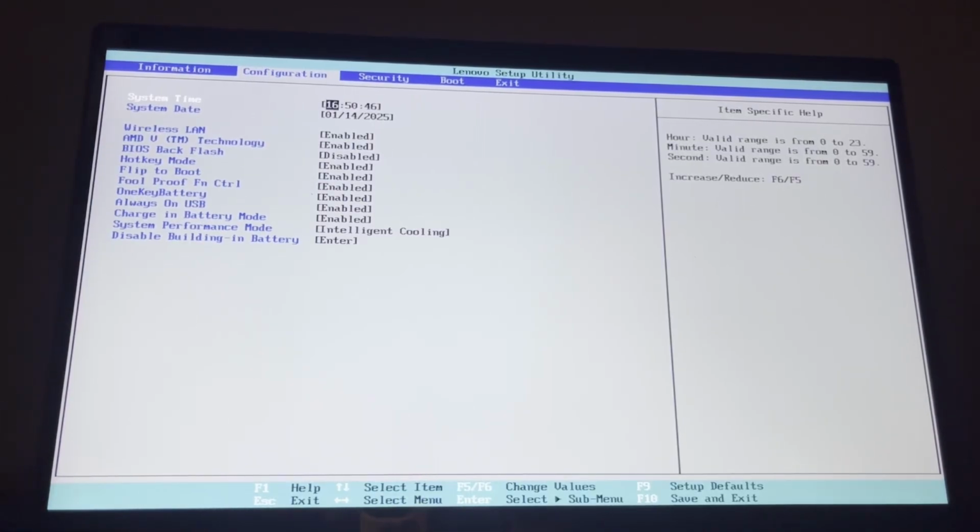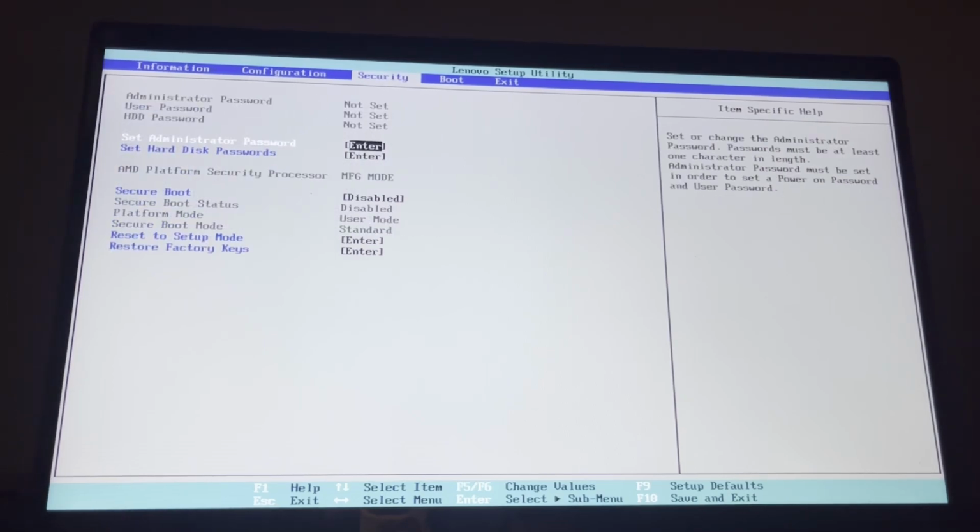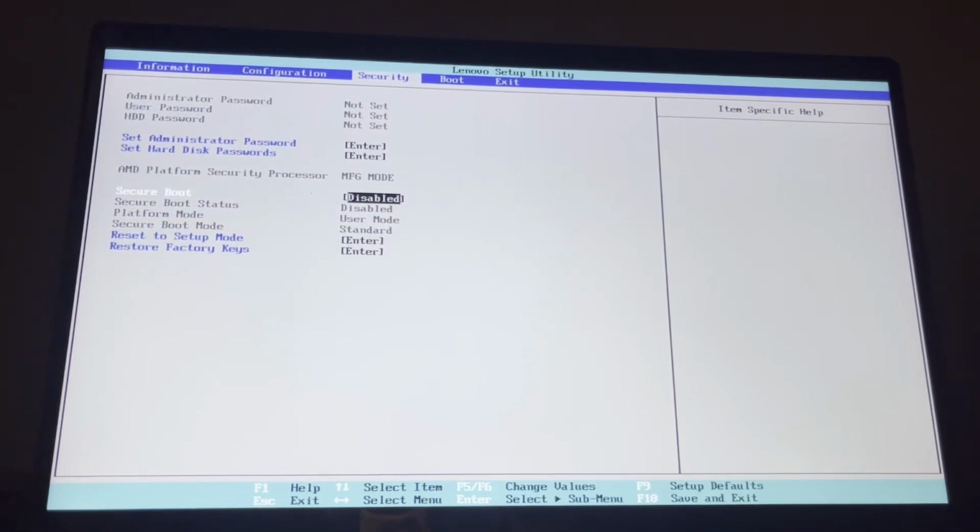Hey, so we are now in the boot menu. What you can do is turn off your PC, and while it is turning on, for my device it's F2. You can Google it for your PC. Keep on clicking on the button so that it will open this bootable window. Turn off the secure boot, okay, it's important. You can click it and disable.